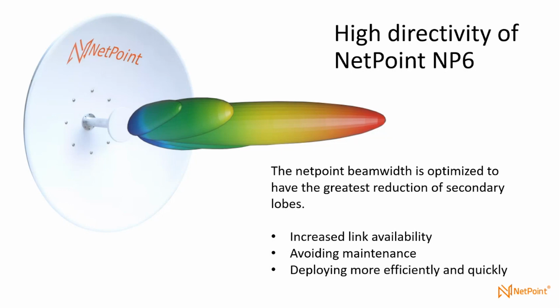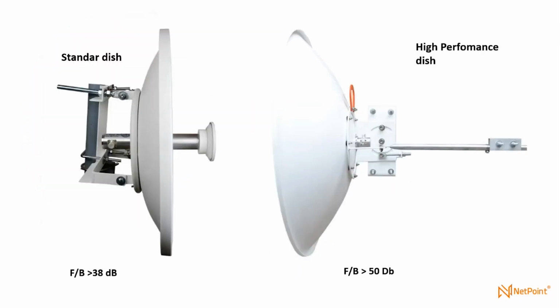Another highlight on that point, in these cases from the NP6 models, is an antenna that is very deep. It's a deep reflector. Why the deep reflector in the Netpoint NP6 and the Netpoint line antennas? Well, to increase the front to back of the dishes and make every link more reliable. For example, in all the starter lines of antennas, the front to back is around 30 dB, sorry, dB. And for example, one antenna of the high performance line of Netpoint,